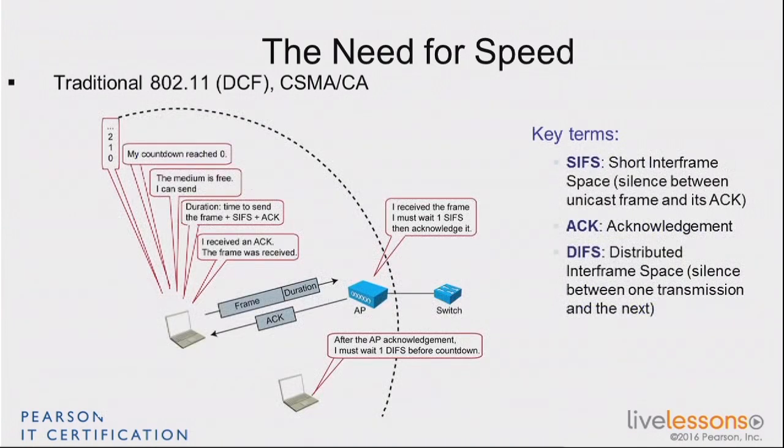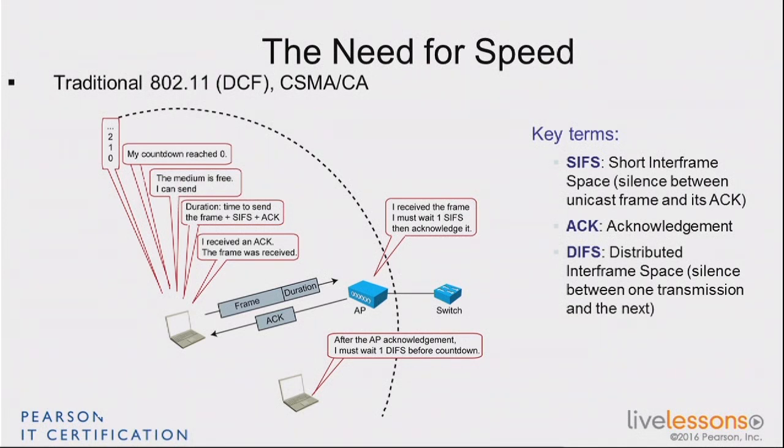Okay, now you reach 0, what happens? Well, if still nobody is sending, you're going to send your frame. And in your frame, as you saw, in the beginning of the frame, there is a field which is called the duration field, and you're going to tell the rest of the cell how long your communication is going to last. But remember, we cannot have two communications at the same time, which means that as you send, you cannot listen at the same time. So that means that the medium is half duplex. If you send, you do not know if your frame is working out okay. You also do not know if the access point received it well, because maybe there are some RF conditions at the access point that make the AP not get it.